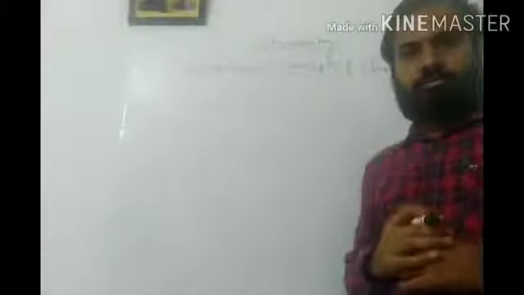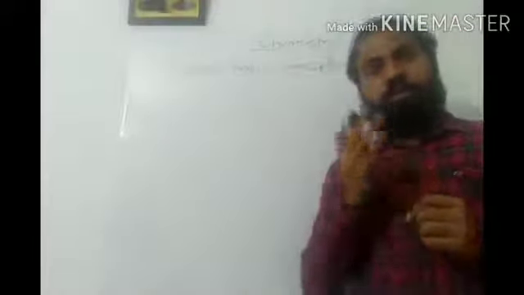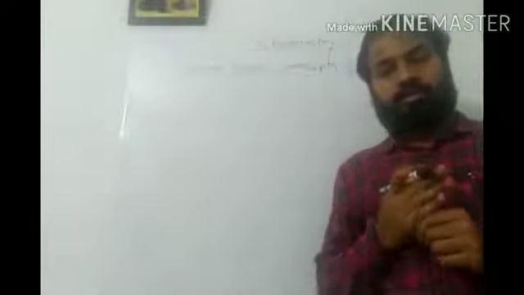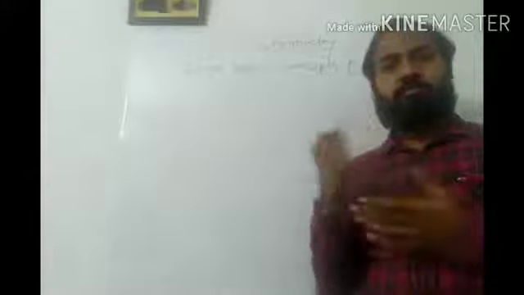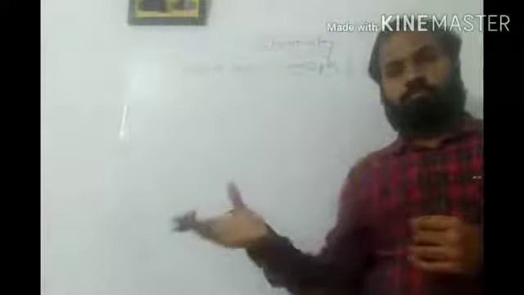Then we started measurements in chemistry, in which we have finished the scientific method, how to write numbers in power format. Now in this lecture we are going to discuss significant figures and operations of significant figures, that is addition, multiplication, subtraction and division. After this we will discuss some basic unit conversions, which might be useful for solving numericals, then the various laws of chemical combinations. So in this way we are going to continue this lecture.